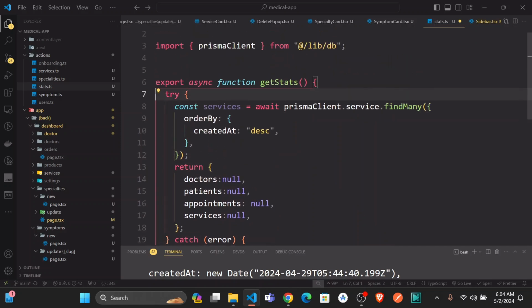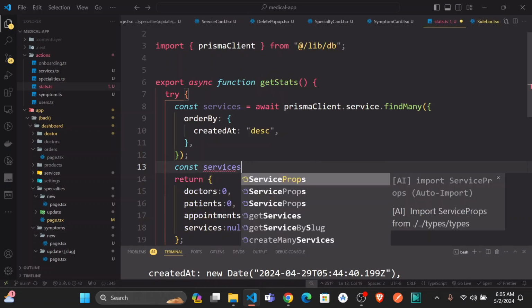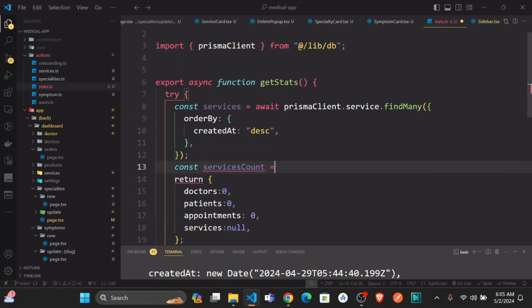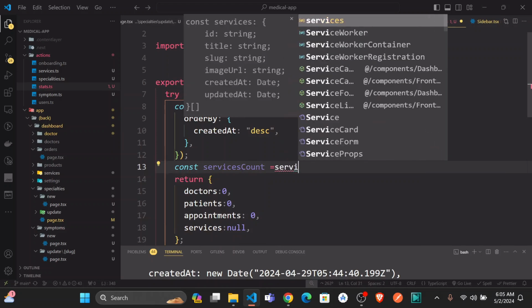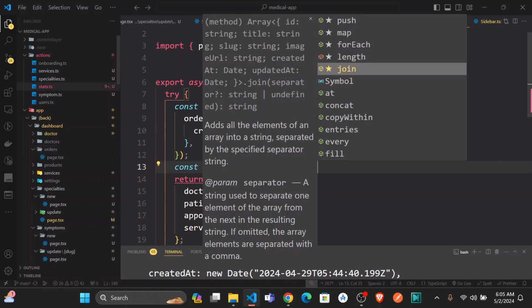Okay, so now I want to get, for instance, services. By default, let me just say 0, 0, 0. Now, what I just want is to stringify this. I'm just going to say const service count, for instance, services count is going to be equal to services dot length. And I think if you wanted the count,